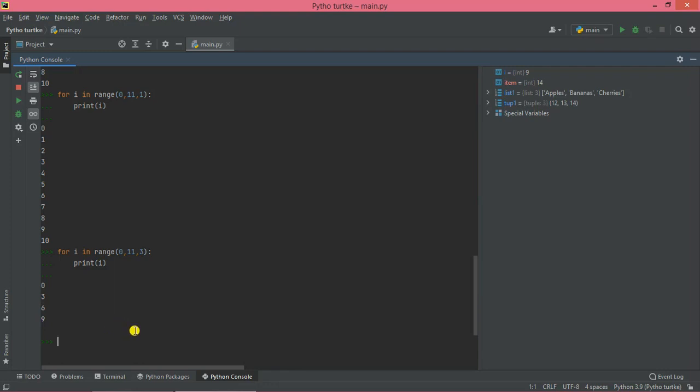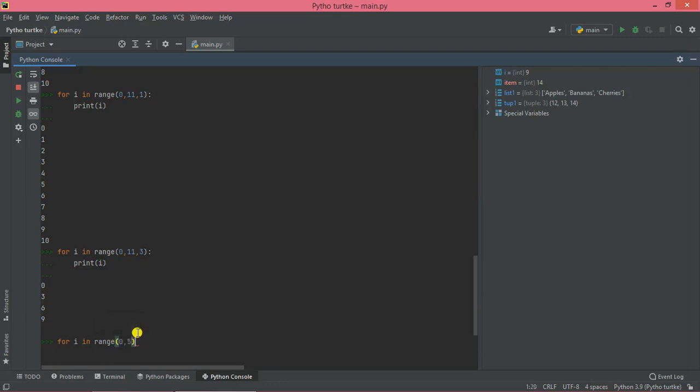In the next example, I'm going to show you how nested loops are used with for loops in Python. What nested loops basically are: when we use one loop inside another loop, this is called nested looping. A loop inside another loop, where the inner loop runs many times inside the outer loop. Let's understand it by example. For i in range 0 to 5,